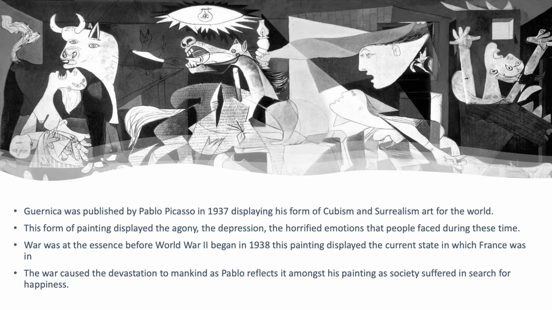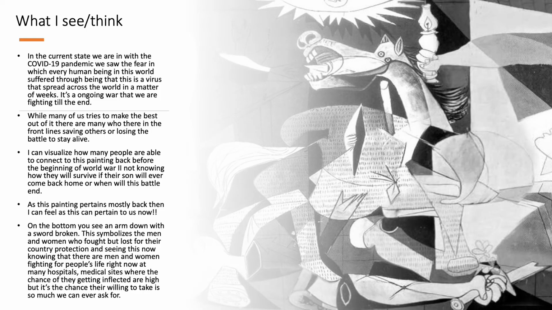happiness. As you can see, no one in this picture is happy. Everyone has a different emotion of being scared, which describes the situation they were in during the time. Pablo Picasso created this painting in order to represent society as it was in the past. I can visualize how many people are able to connect to this painting back before the beginning of World War